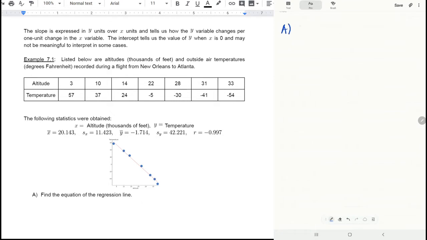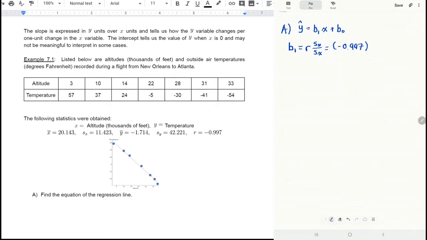Okay, so to find the equation of the regression line, what we need is the slope of the line as well as the y-intercept. So to find the slope of the line, we take the correlation coefficient multiplied by the standard deviation of y divided by the standard deviation of x. So we're given that the correlation coefficient is negative 0.997,